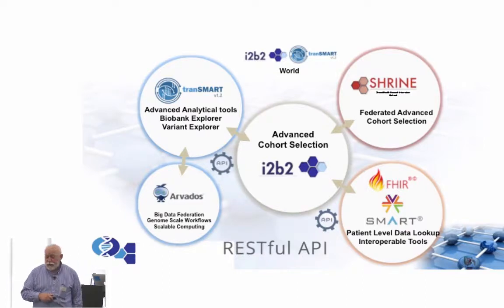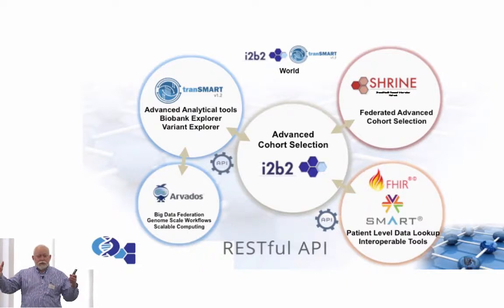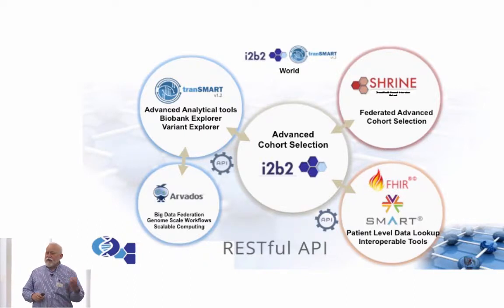And with Arvados, which is a large-scale compute infrastructure and federation technology, we can in fact build networks of tranSMART and I2B2 instances where we can formulate queries, send them out into that network. The system can spool up the resources it needs to do its work and then bring back the results without ever having to move the data. So if you have data export issues and whatnot, Arvados, in fact, is the perfect solution for this. You can build a cluster in each environment where you have the data. You no longer need to move the data. You don't need to relinquish ownership of the data, but you can still share and collaborate with those data.